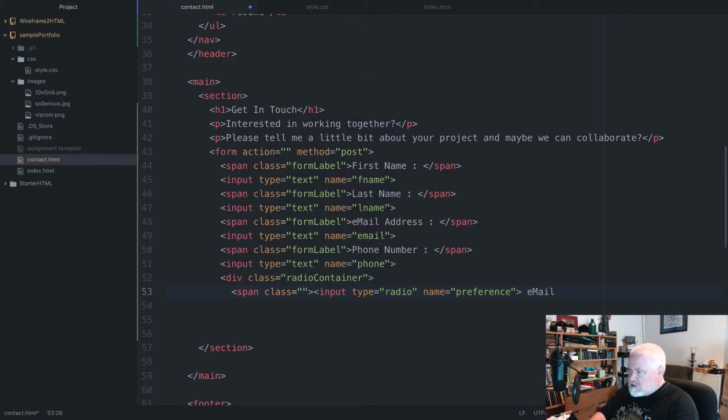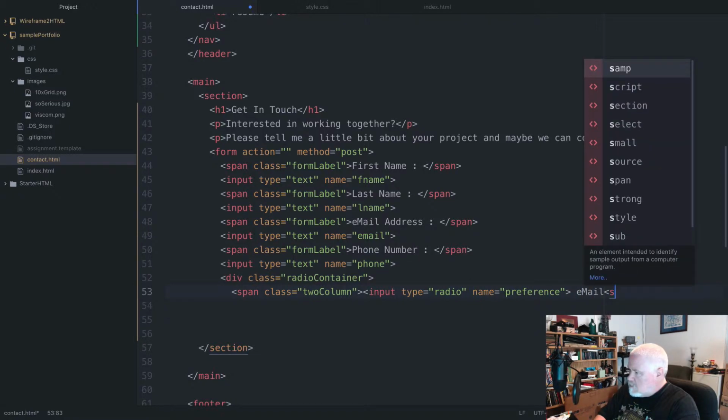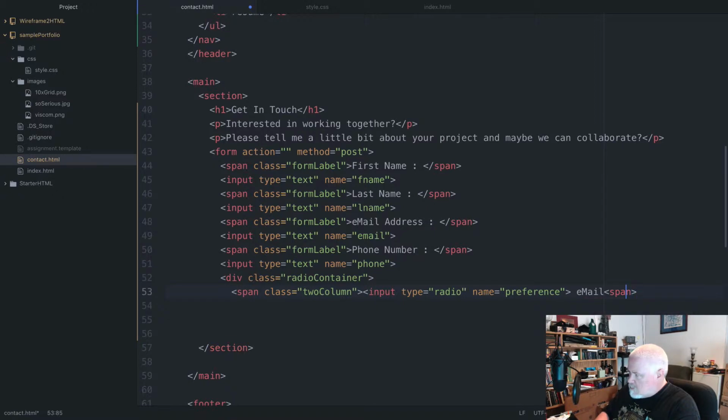Class, and I want these in 2 columns. So I'm going to do 2 column. From the earlier video, we found out that we can't name a class starting with a number. We'll do span, close the span tag,